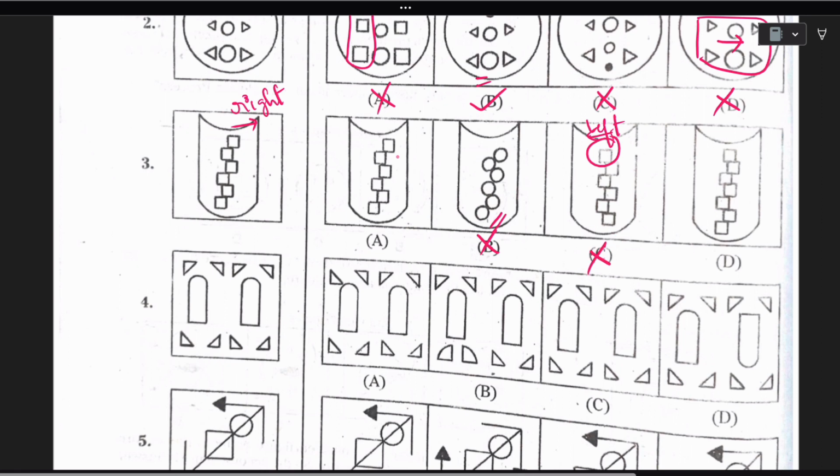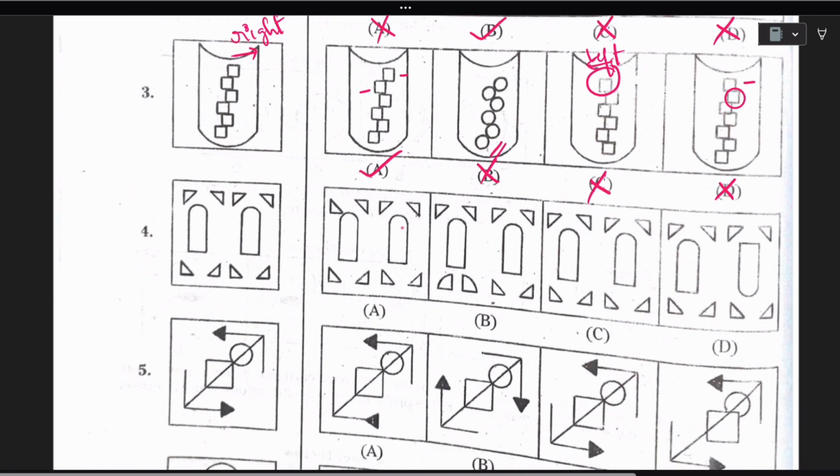And after that, here also it is right side, and here also it is right side. So it is matching. And then it should be left side, but it is given on the right side. It is not matching. So D is also eliminated. So before selecting A, we have to check whether everything is the same or not. So everything is the same, so we will be selecting A as our correct answer.